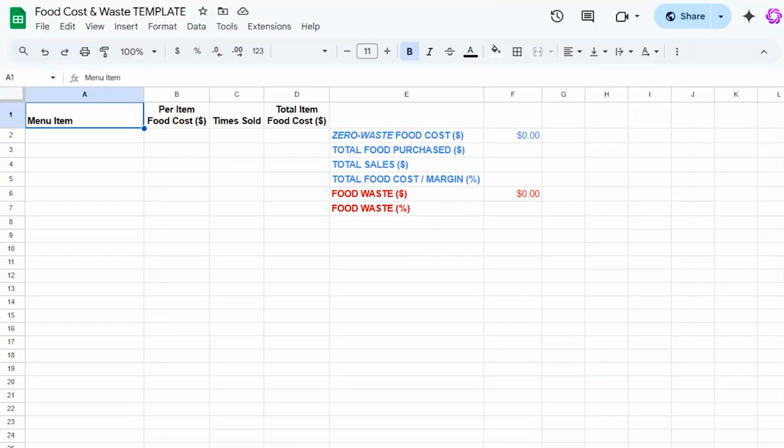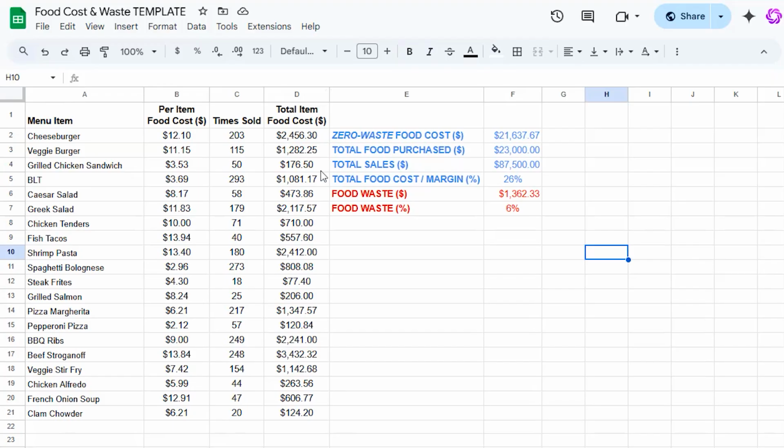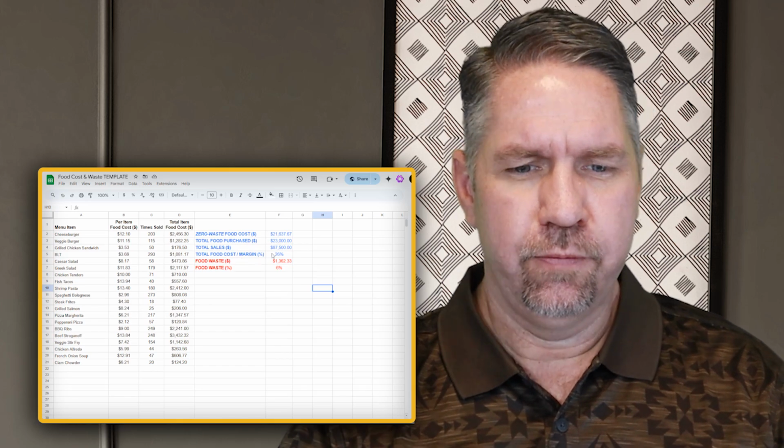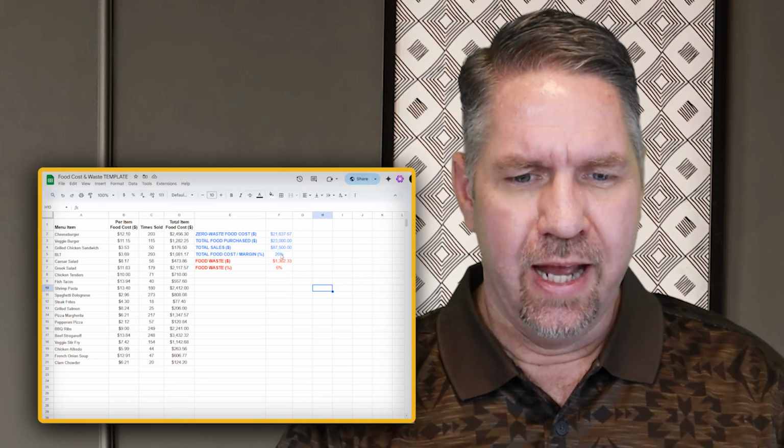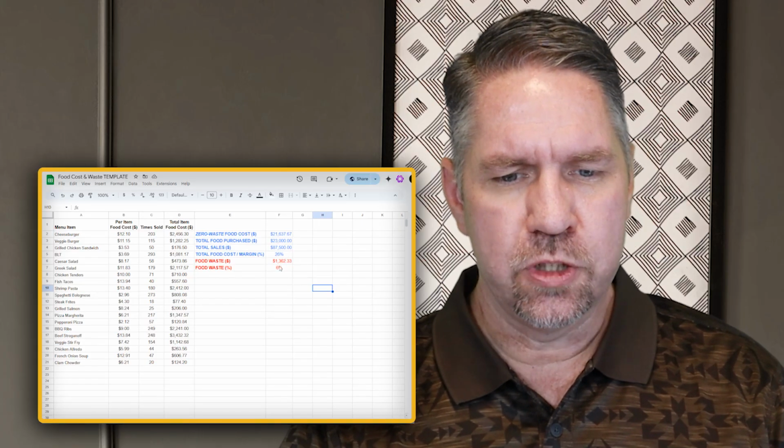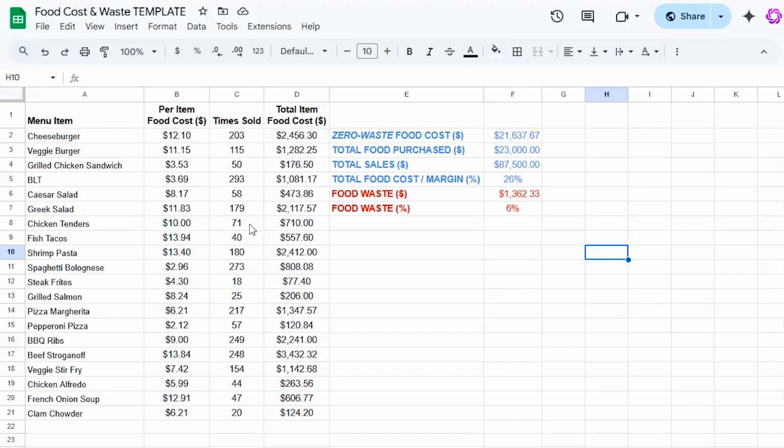You'll remember that video about how to calculate your food costs. What we were trying to do is get a percentage of how much your food costs are. And here's an example that I shared in that video. What percentage of your revenue is going out to food costs? And then what percentage of your food is being wasted? Here's just a little sample that I stuck together and referred to in that video,